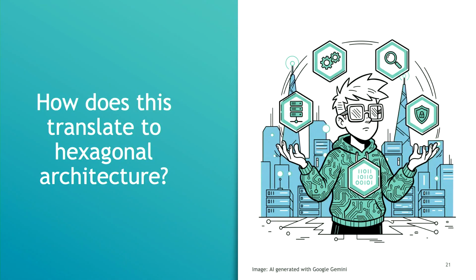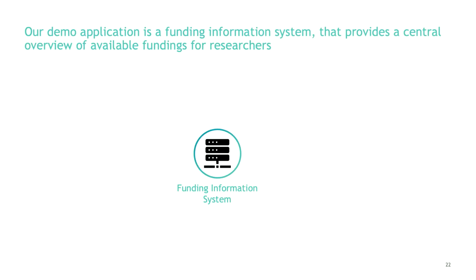How does all of that translate into hexagonal architecture? And now I will give a really brief introduction to our demo application that we have. So just think of a funding information system that researchers at universities can use to get information about available fundings to them. So we have this system in the center. Then we have the researcher that,